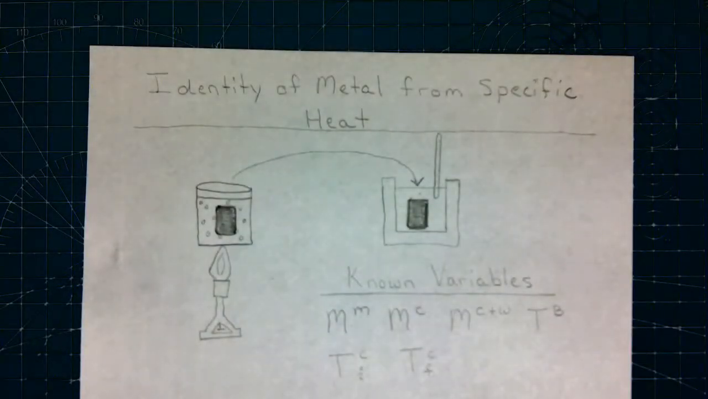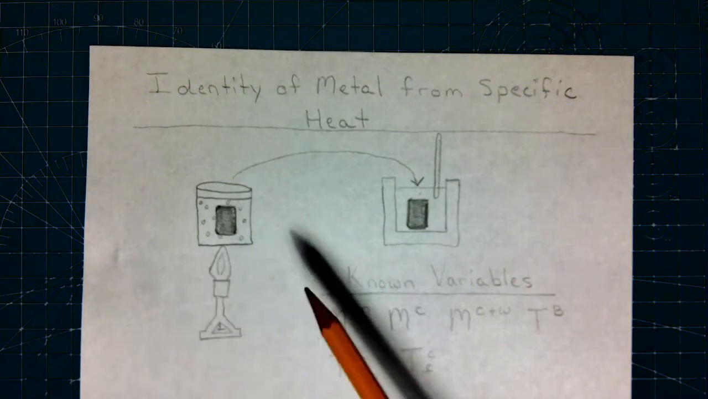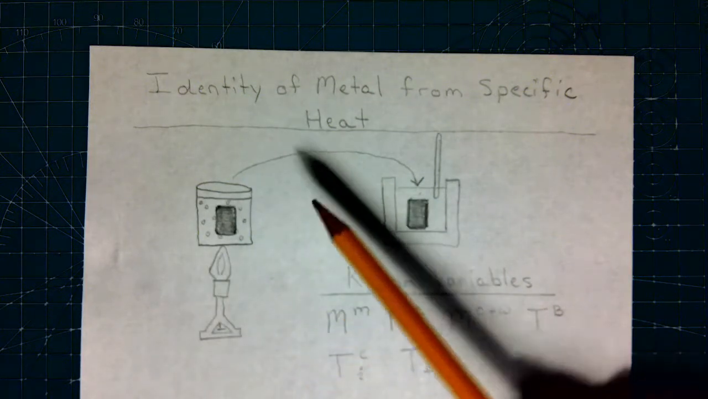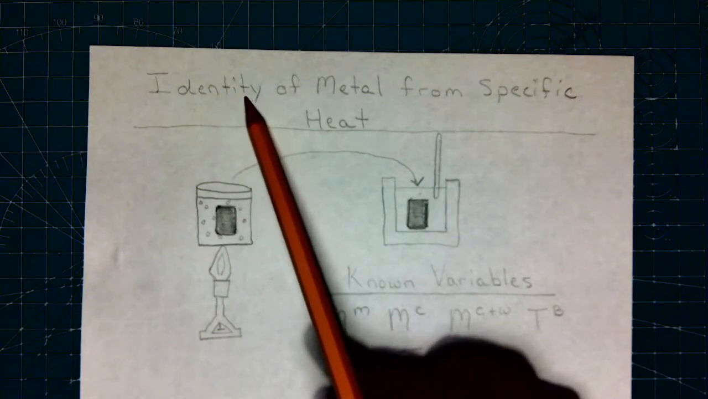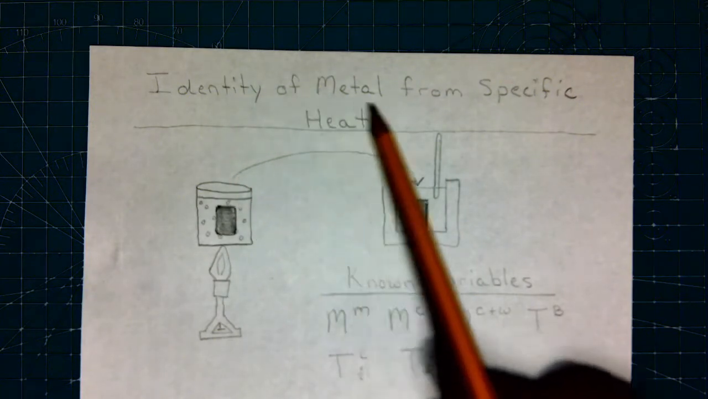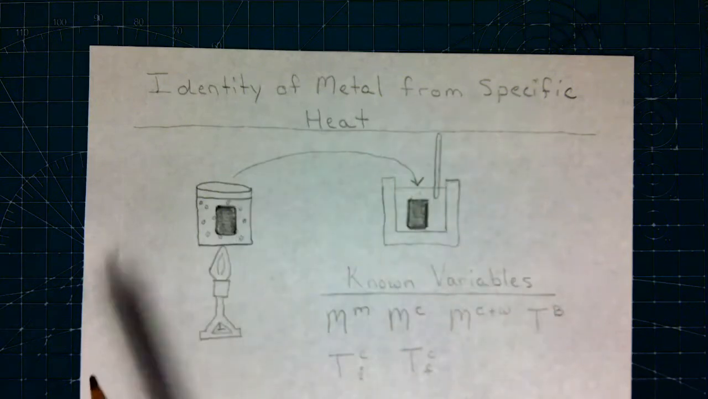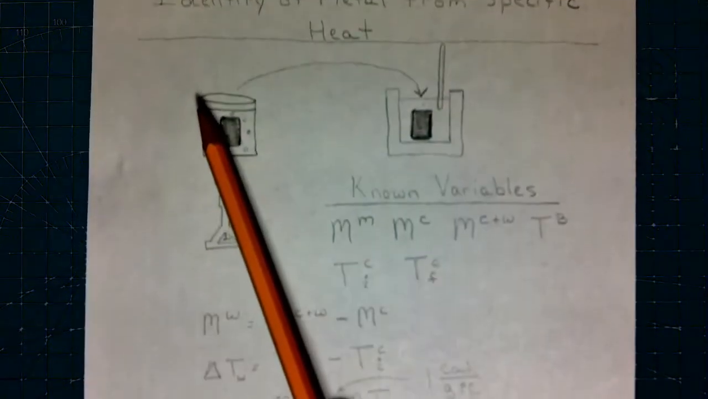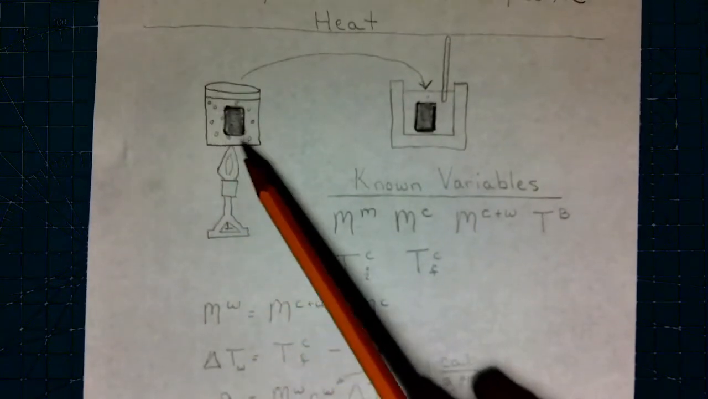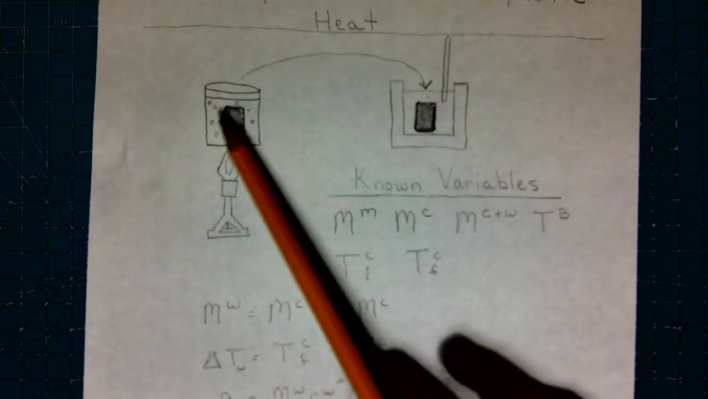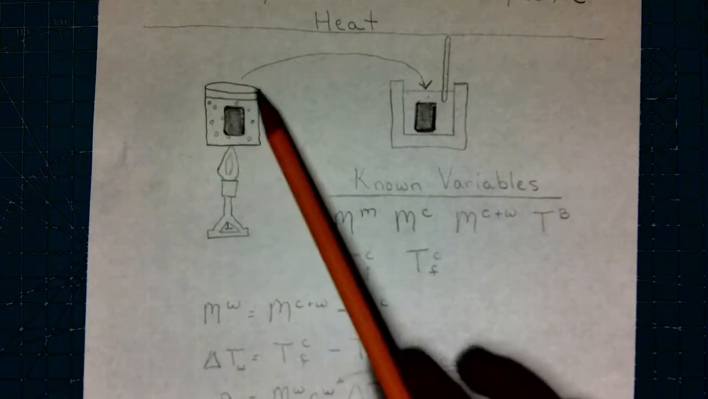Hello everybody. In this video I want to cover some of the material that we're going to see in our report this week. Specifically, I want to start by talking about the section that is titled Identity of Metal from Specific Heat. So in this part of the lab, what we were going to do is have a boiling water